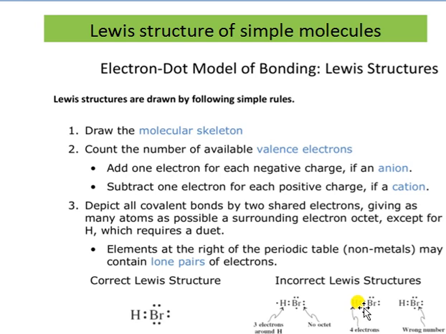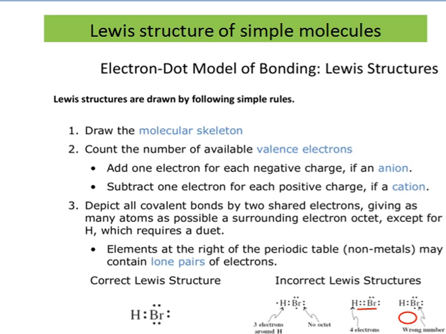Don't put the double dot on the same side. If you draw the double dot on the same side, it will be designated as a double bond. As we know, there is no double bond between the carbon and hydrogen atom, so do not do it like this. In the same manner, do not draw atoms containing single electrons like this in the dot structure. So don't follow these incorrect Lewis structures. Always follow the correct Lewis structure for simple molecules.